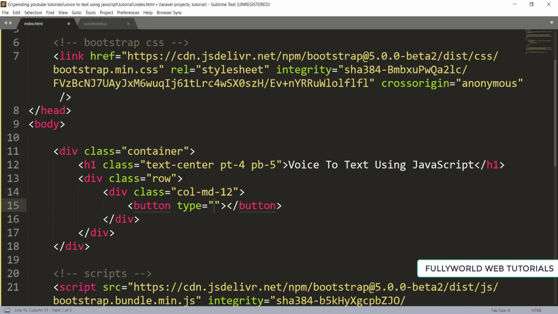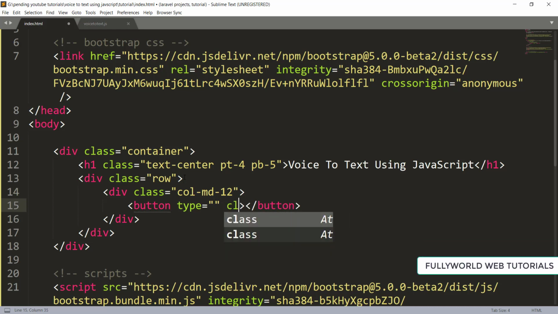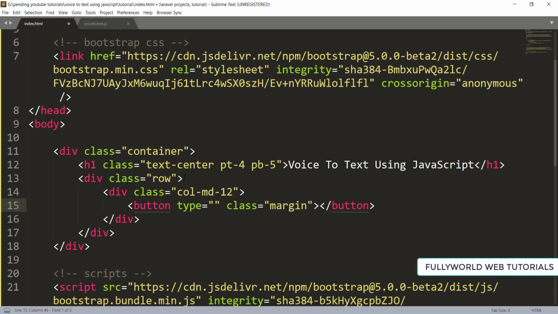It will have a margin, so I am going to write the class my-4 and then text-center, and mx-auto. mx-auto means on the x-axis it will be at the center, with margin left and margin right auto.